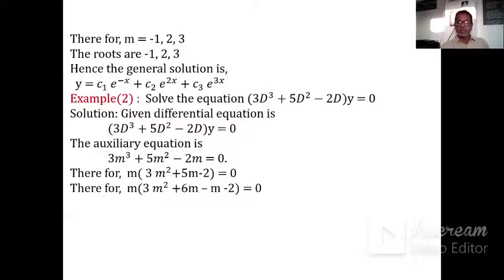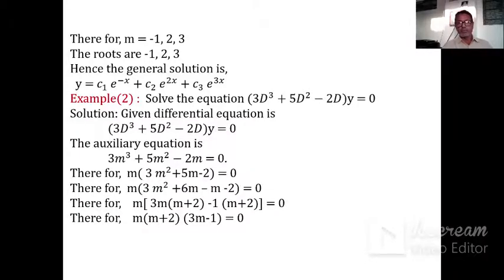First, we take m common, then the remaining term is 3m square plus 5m minus 2 is equal to 0. Now to find the other factors, we take the multiplication of 3, the coefficient of m square, and the constant term. It becomes minus 6, and we factorize this minus 6 in such a way that their multiplication is minus 6 and addition is 5. Therefore, for this purpose, we split the middle term. We write this 5m as 6m minus m. Right?